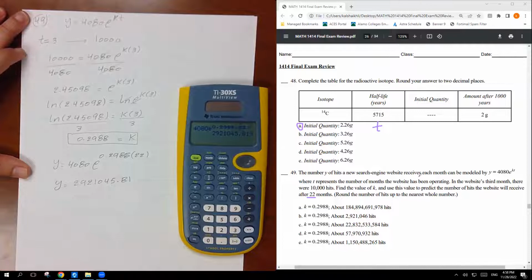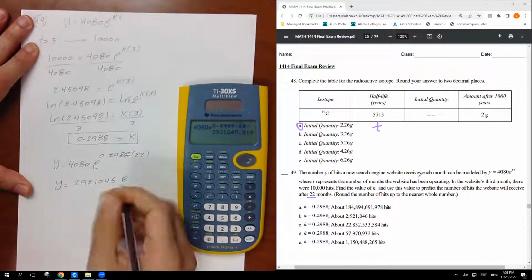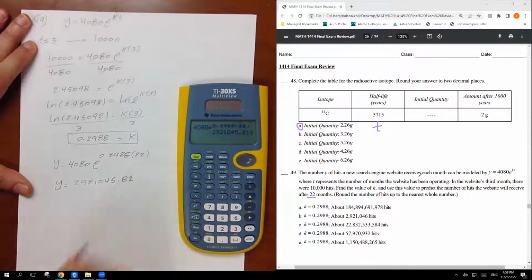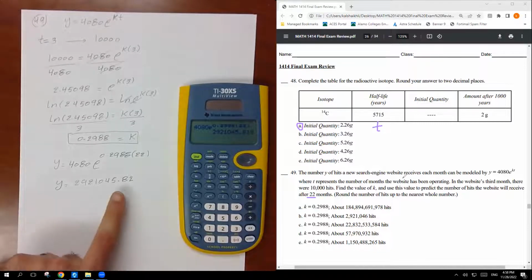81.9, so it's going to be 82. But if you look at the options we have, that's around this number here. So 82. And if they ask you to round to the whole number, so we're going to round to the whole number. So here's the change is going to be